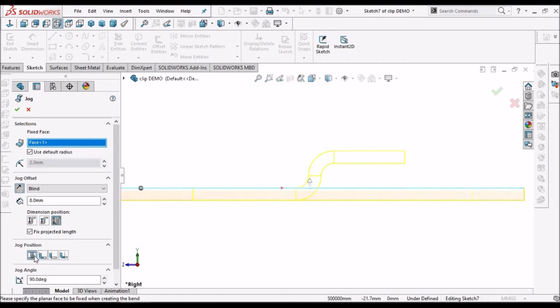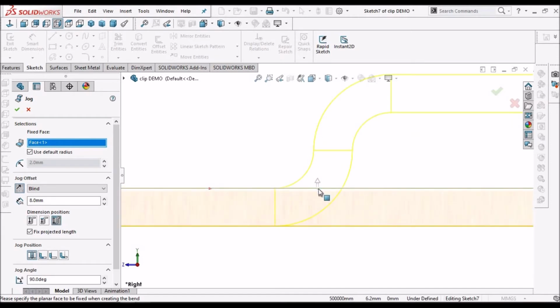Here if I select this bend center line, it will be exactly at the center of the bend. See the arrow wherever it's showing, it is exactly at the center of this bend line. If I select material inside, the bend line coincides at this point. If I select this, the bend line will coincide to this point. And if I select bend outside,